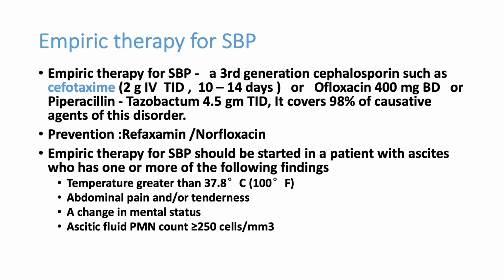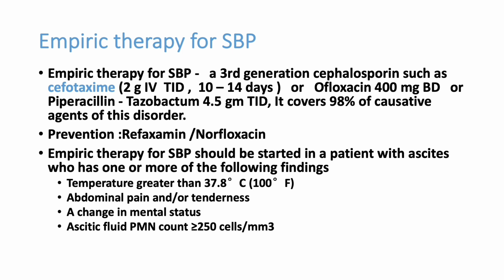Now, we can see many patients who have chronic liver disease, ascites, come with infections. To prevent infection, that is spontaneous bacterial peritonitis in them, we can use norfloxacin prophylaxis. Norfloxacin can be given for a longer period to prevent infection in ascitic fluid. Or if the patient is admitted in the emergency department due to some other reason, to prevent SBP, we can give rifaximin. We have already discussed 550 milligram BD.